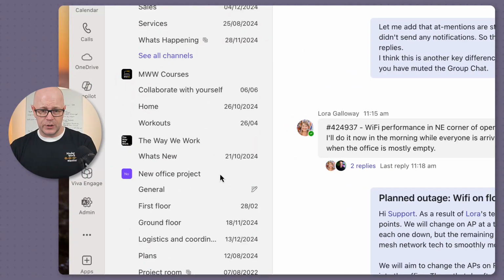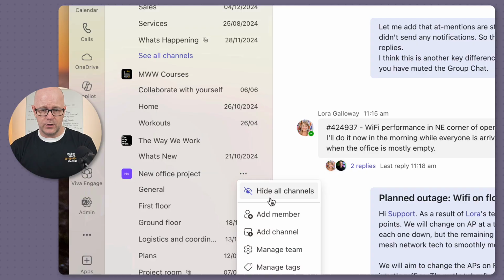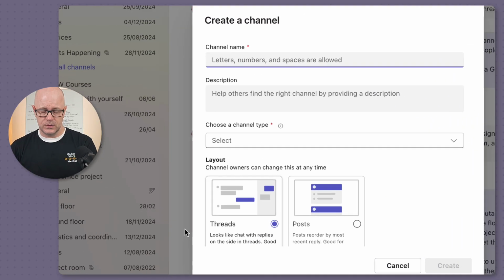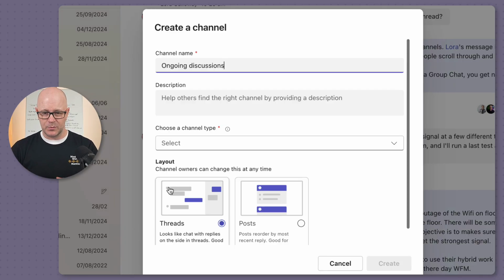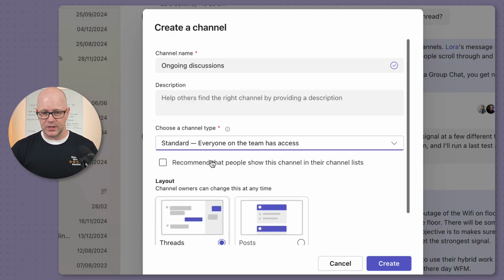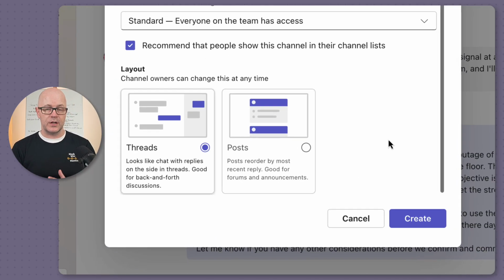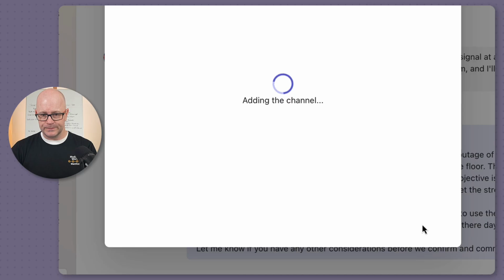We've got our team called the New Office Project. We'll create a new channel and we'll call this Ongoing Discussions. And we have our usual options here, which are description, choosing the channel type. We'll stick with standard, recommending it, and have a look at this. Our choices of threaded or posts. Notice that threads are the default choice. So when we go through and create that channel,